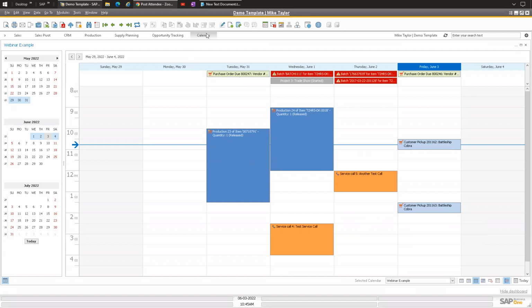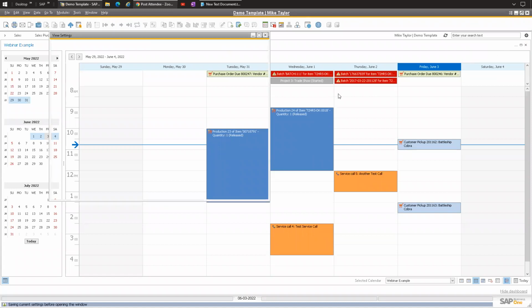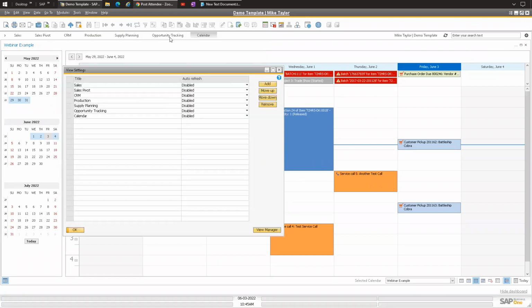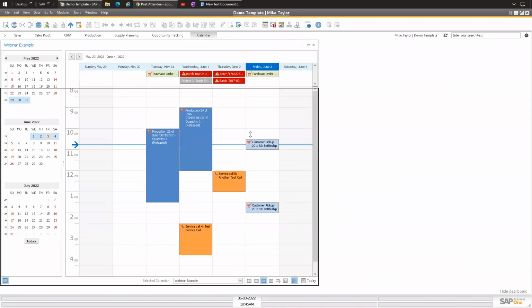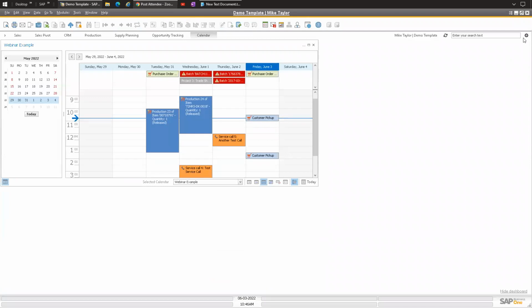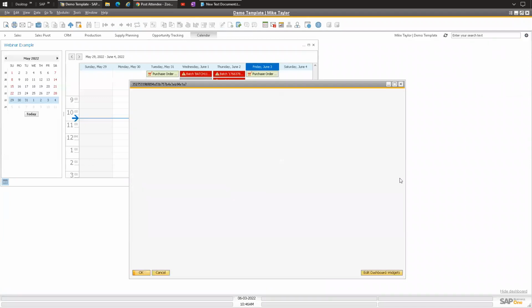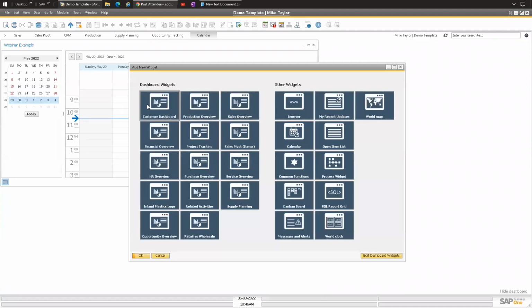Yeah, so what you would do is make a new view. Right now I have several views: sales, service, etc. I added a new view, which is a new tab. And like you're saying, this is just a widget. You basically just add widget, and I have a whole bunch in here. So you would add the calendar widget from right here, and that would add it there.